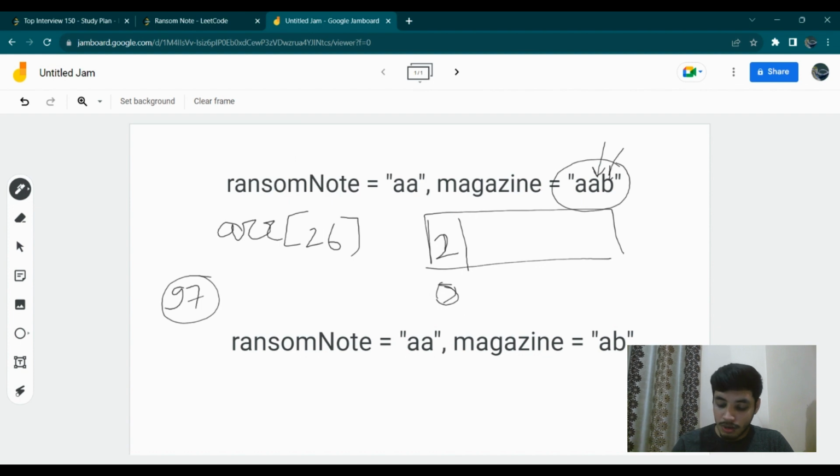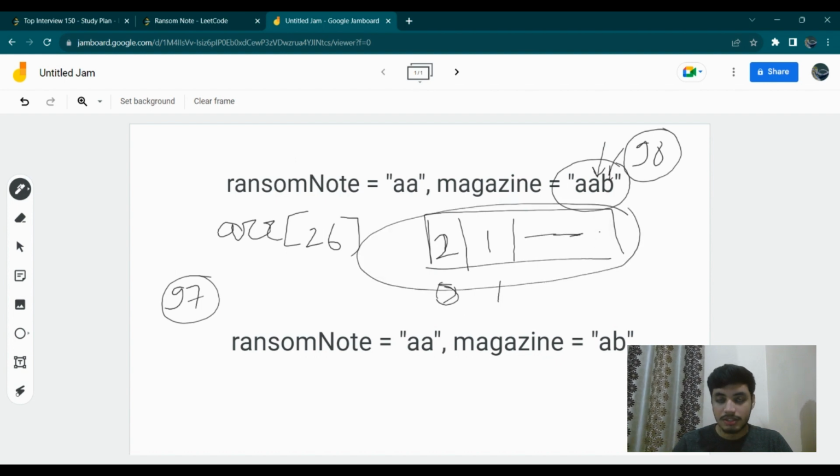Now again, you know that the ASCII value for B is 98, and when you subtract 97 from it, what do you get? 1. So this is the first index, so you store the frequency, that is 1, at the first index. So this is going to be our array of 26 length, in which we have 2 at position 0 and 1 at position 1. By using this array, we can simply search and check